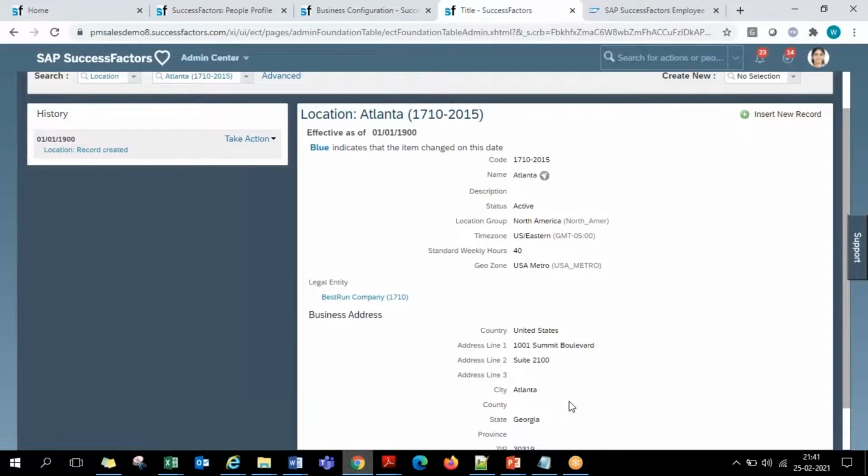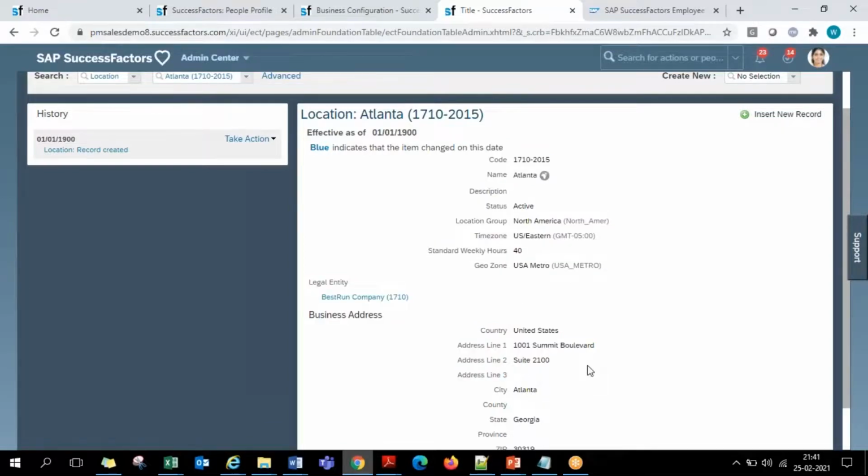So if I have 10 locations, for all the 10 locations, all these details are to be given here in detail. Of course, all this data will be given by the customer. We just have to maintain it in the system, either one by one manually, or we can even bulk upload also. Down the line, we'll see in our sessions how to bulk upload. So this is how a location screen looks.